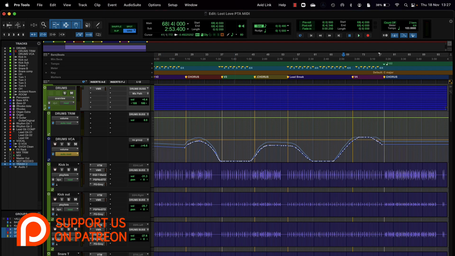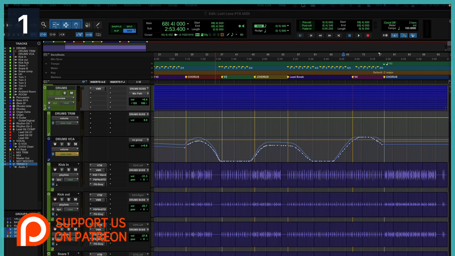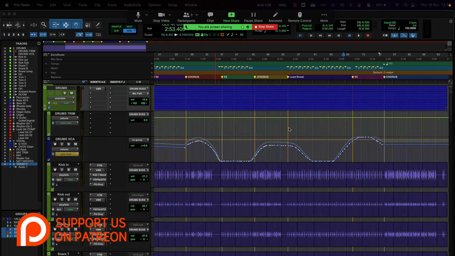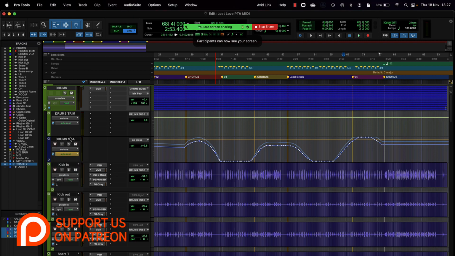Only available in Pro Tools Ultimate, right? That's right. I just realised I wasn't sharing the screen. How normal of me. There you go. So trim automation, VCA track,